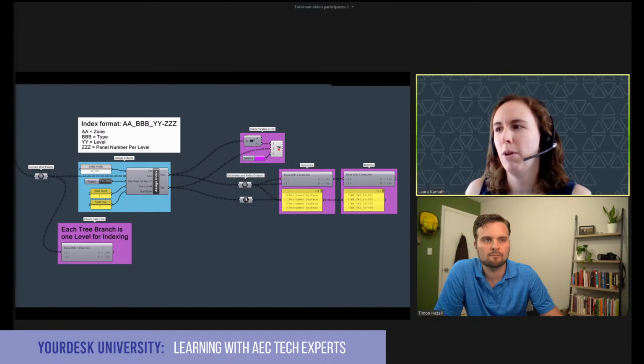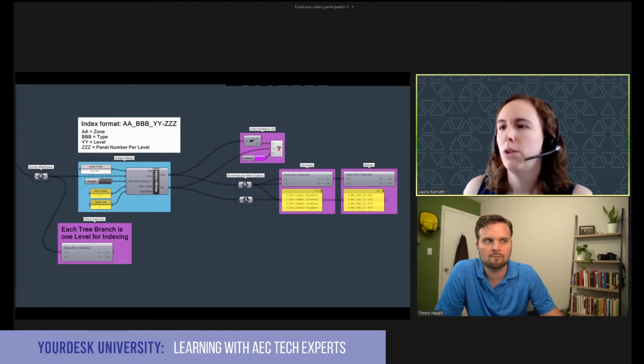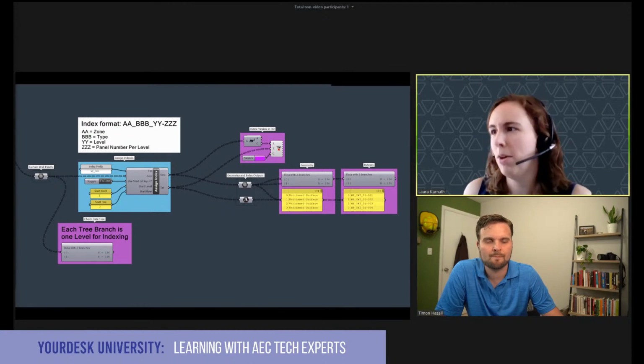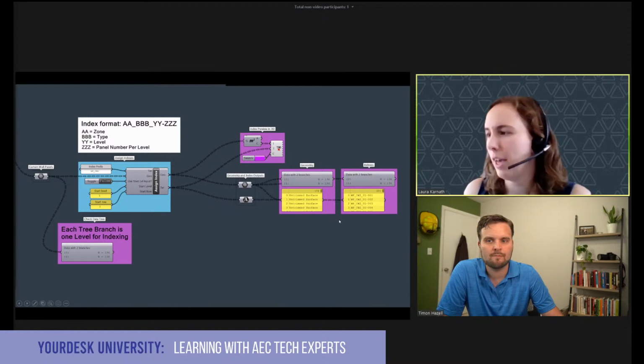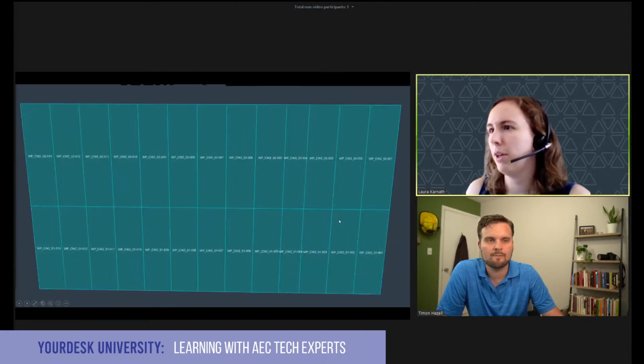Even if my team member is not that advanced and they've produced something that's totally flat at the end, we can sort it again into a data tree and get them to understand what you might use that data tree for. And this is a really simple, clear example. In this case, I have 2 levels of curtain wall panels, and they each have 136 panels in them. Then I use the little definition to assign those unique numbers at the end. And people pick up on that really quickly.